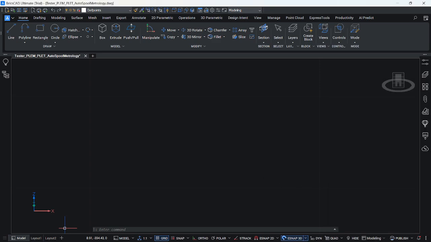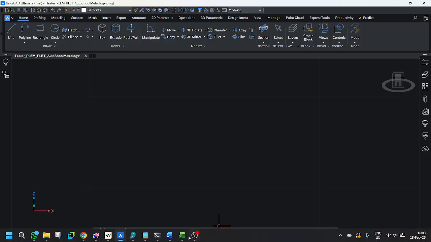Hello, this is BricsCAD 3D. I'm going to be using it to model the metrology calculation. Do all the metrology calculations here in 3D. Okay,